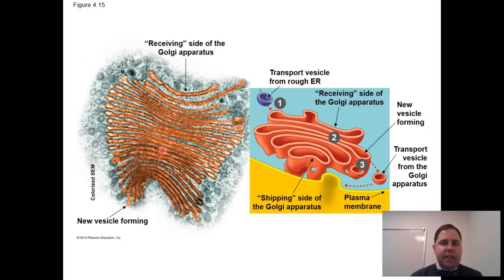So the Golgi, in these stacks that we call cisternae, you have a receiving end, so a vesicle would come in to the receiving end. Things would move through these stacks, and as they move through these stacks, they get modified and changed and prepared for doing other things. And the other side of the Golgi apparatus, the shipping side, would help you move things out to somewhere else in the cell. So these transport vesicles could go to the plasma membrane and push it out of the cell. They could go to other portions of the cell.